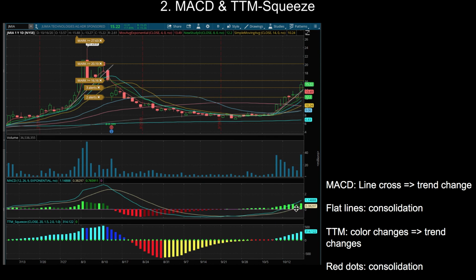And then once it pushes up into positive territory with a more significant green bar, that means the bullish trend has started again. The other way to look at it is this TTM squeeze. When the color changes, which is the same, as you can see, that's why I said they're highly correlated, because when the color changes, that means the MACD also crossed. That also means